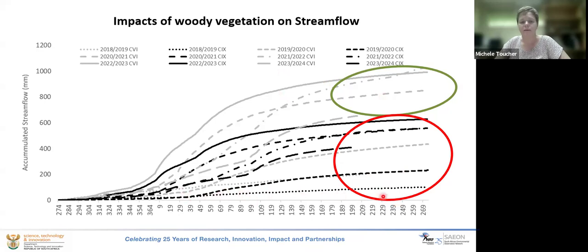And this is particularly exaggerated. So this year down here, 2018, 2019, you can see the grassland site is also very low. It's sitting behind here. This was a very dry year. So even though there was very little water in the system, the Leucocidia had still taken whatever was available during this wetter period here.